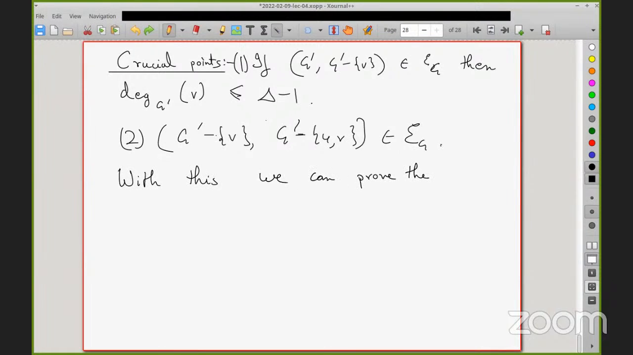I mean, provided that G prime has at least 2 vertices. Yeah, otherwise you will just do it by hand. At least. Let me set it as large enough. As you know, it has